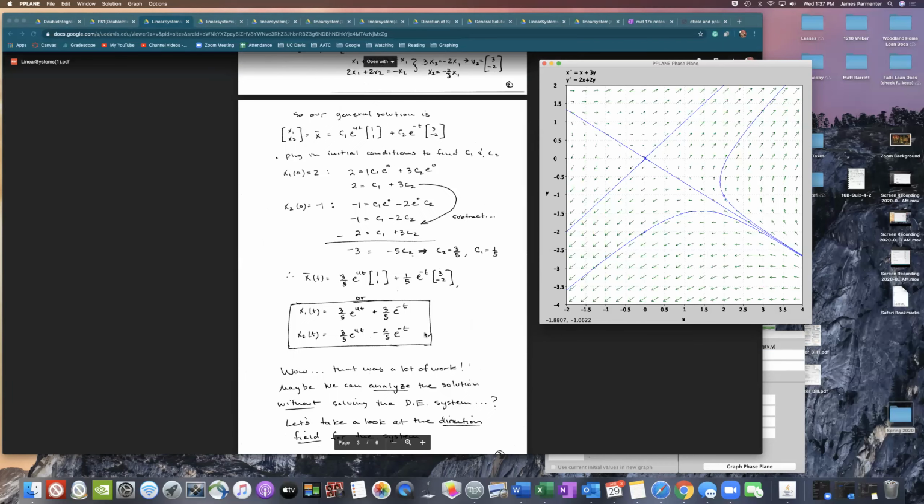So here's what I want to say. This is what our general solution looks like to this equation that goes through this point here at 2, -1. Or I should say our particular solution, not our general solution. So the solution is x1 of t, and it's not super meaningful, I'm like, okay, big deal. I've got x1 is 3/5 e^(4t) plus 3/5 e^(-t), and x2 is 3/5. But the thing to know about this is that